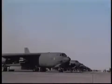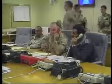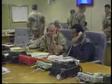When it became apparent that we were successful in that initial effort, we then fleshed the force out with more aircraft, primarily aircraft such as B-52s, more things into the theater. The Allies began planning a military offensive to liberate Kuwait. General Norman Schwarzkopf was commander-in-chief of the Allied forces in theater. His concept for Operation Desert Storm called for an intense, massive air campaign to prepare the way for the Allied